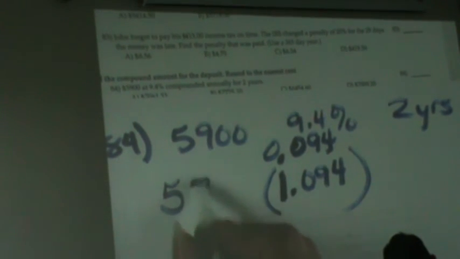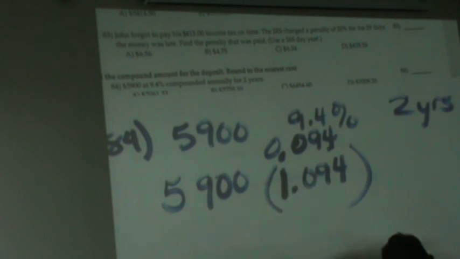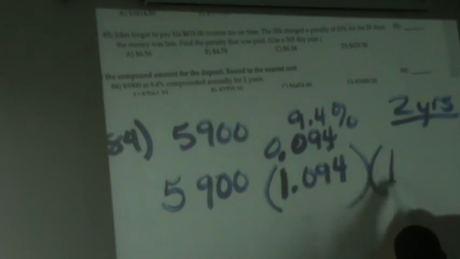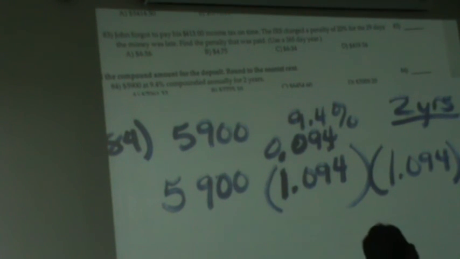Why do we need to put the 1? Because you add the 100% every time you do interest on it. This is 100% plus the 9.4% that you get interest on. And if it's two years, we're doing it 2 times. If it said 3, we would do 3 of these. Now multiply it that many times, 5,900 times 1.094 times 1.094. Comes out to